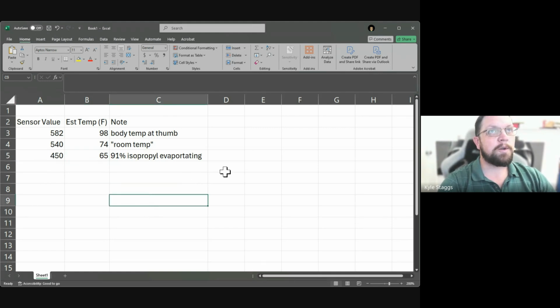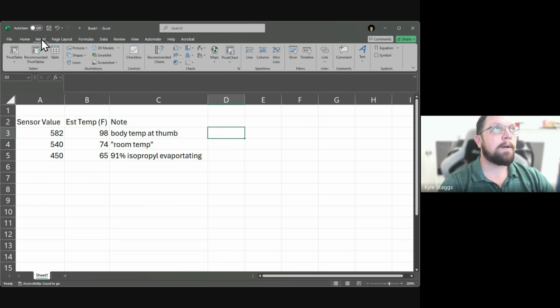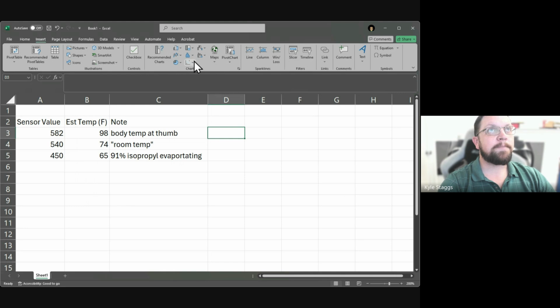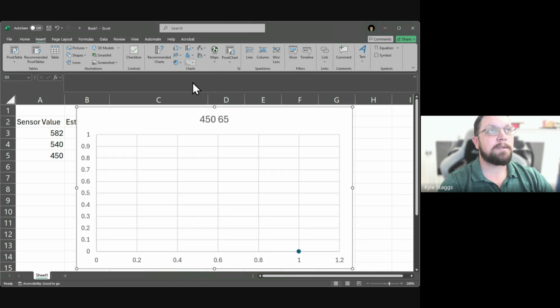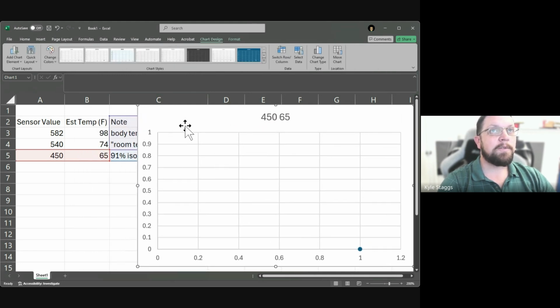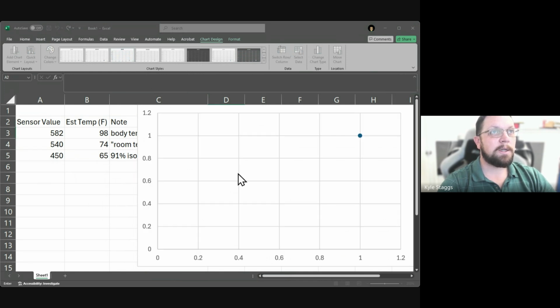So what we'll do is we'll graph this. So we're going to insert a scatter chart because I don't want to have to teach you guys sort of all of the rest of chemistry. And what we're going to do is we're going to right click somewhere in the chart and we're going to do select data. I'm going to remove everything that it pre-populates and add my own set. So this is going to be